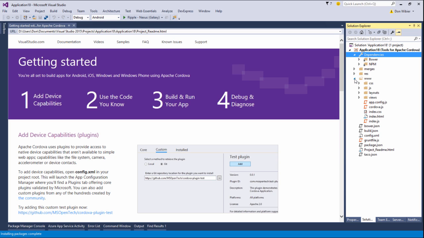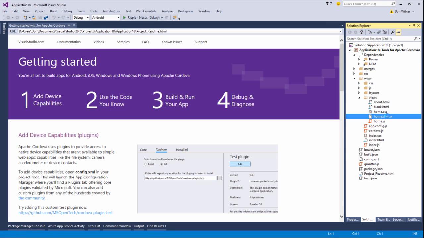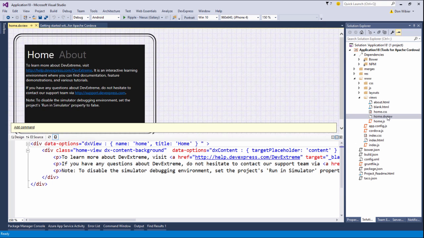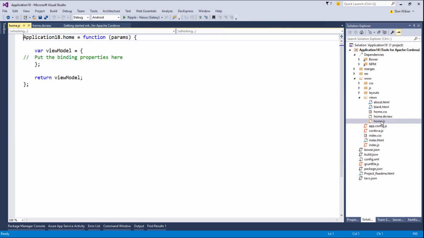So in the case of an ASP.NET application, all your C# files would not be in here, but we are doing a client-side application, so it will all be in here. But the cool thing is that I still have my DevExtreme views. And we also get the designer, as you can see, and we have the JS as well. And if I want to add a view,